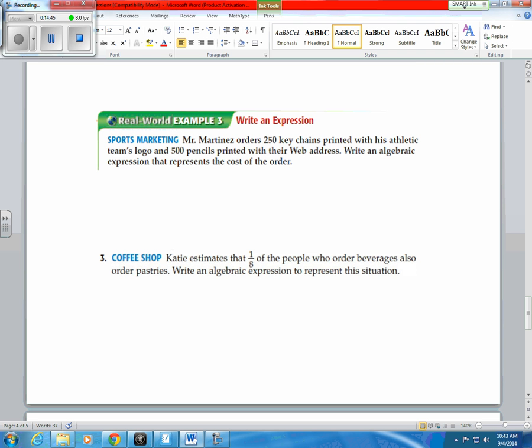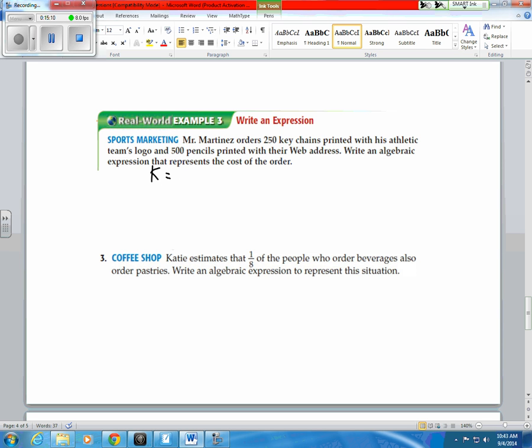Mr. Martinez orders 250 keychains printed with his athletic team's logo and 500 pencils printed with the web address. Write an algebraic expression to represent the cost of the order. Well, whenever we're writing an algebraic expression, we need to identify what the variable is. So I'm going to say k is actually going to represent,